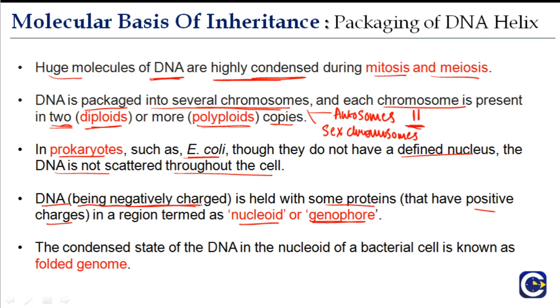Why is DNA negatively charged? Do you remember when we talked about the structure of DNA, what does DNA have? DNA has phosphates. You remember the nucleotide. The nucleotide is the structural unit of DNA, and a nucleotide consists of a nitrogenous base, a pentose sugar, and a phosphate group. And these phosphate groups have a negative charge. That is why it is very important that you remember DNA is negatively charged.